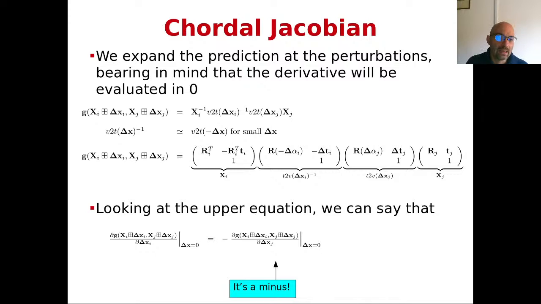And now we can do the products. That's what we will be doing. We do the products. So this object over here is the expansion of xi to the minus 1, where we have r transpose minus r transpose ti. This object here is the expansion of t2v to the minus 1, which we said to be equal to t2v to v2v to v2t to the minus 1, which we